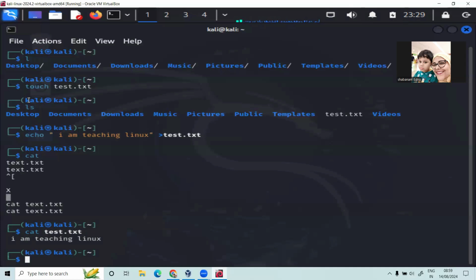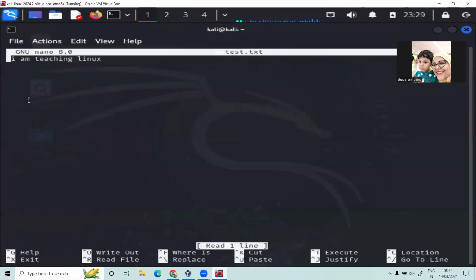Suppose I want to add some more information inside test.txt. I can use another command, nano test.txt. If I want to add anything, delete some information, or edit something inside this text file, I can use the nano command.